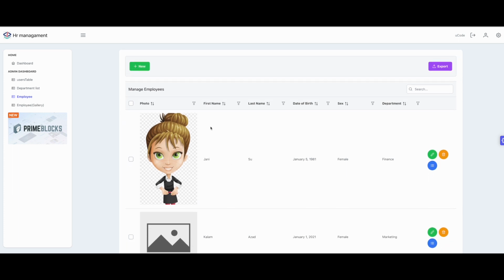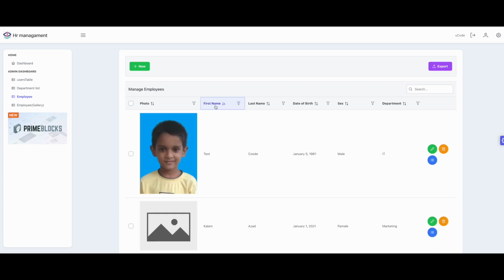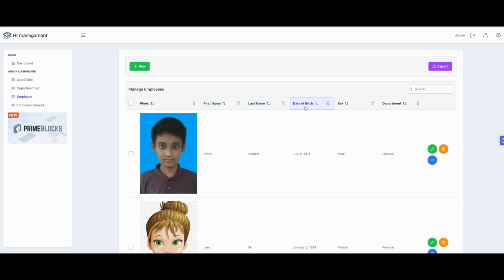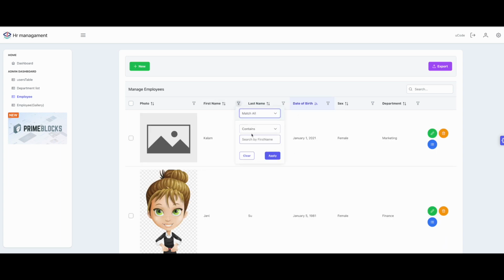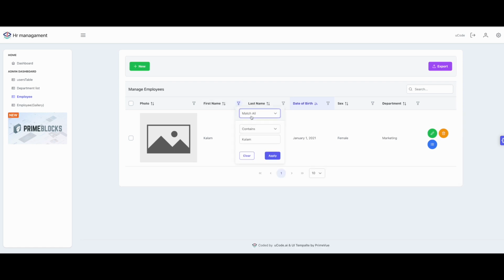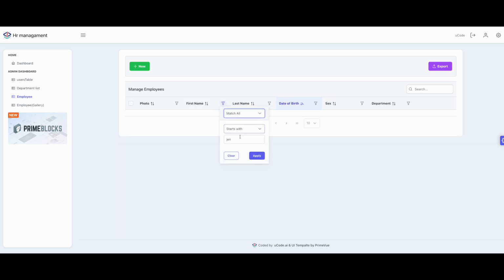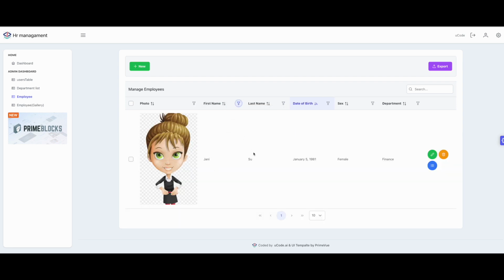So let's see what other features we have. We have exclusive search features, like filtering, and sorting by every field, ascending and descending. And then we can also filter by name, like first name contains a value, then it will have only one. Starts with GEN, then we will have only this one value. If we want to search with ends with something like this,